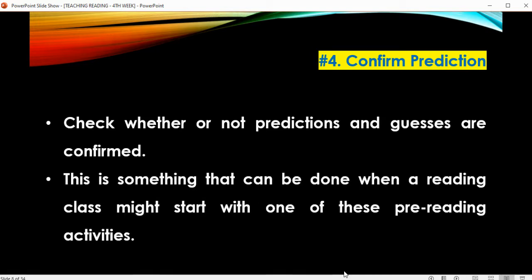This is something that can be done with a reading class. It might start with one of these pre-reading activities, remember. So we are going to make a relationship with the pre-reading activities. All right, now